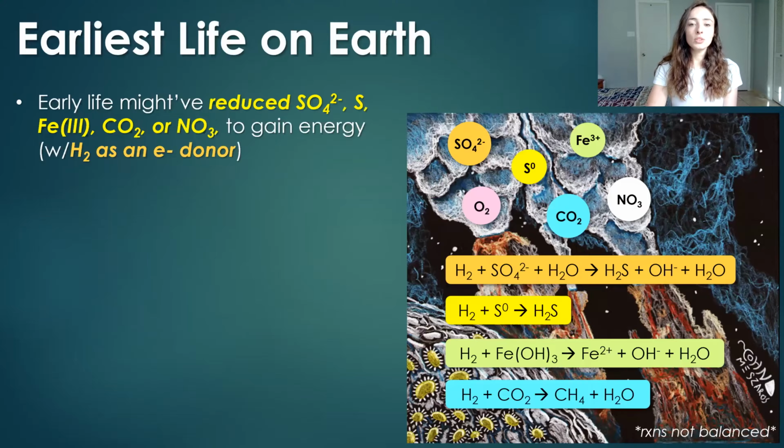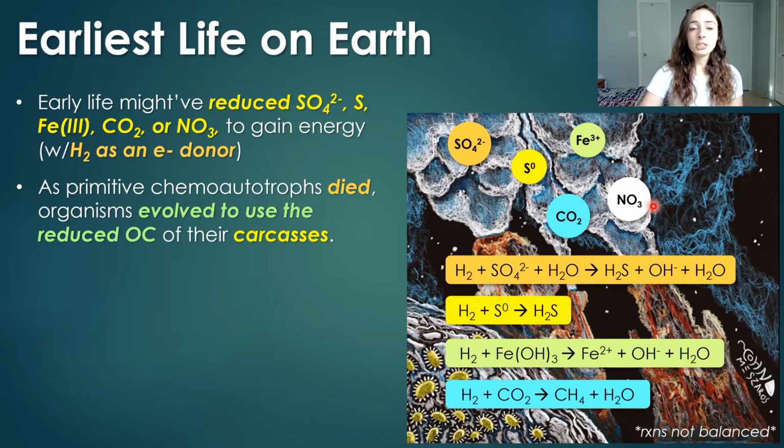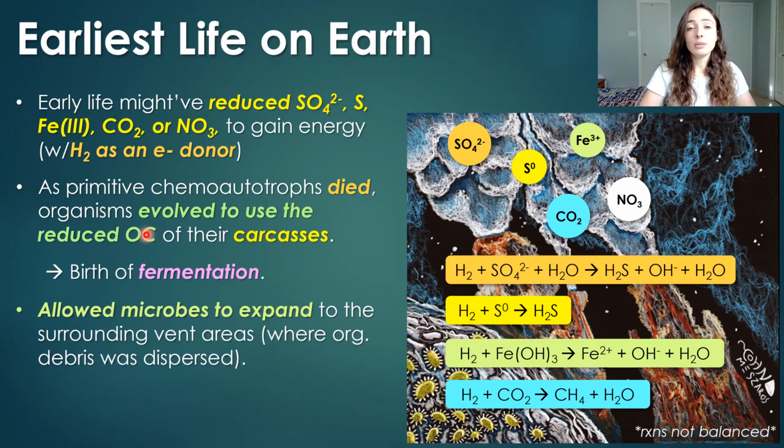So what were these chemicals? Well, early life probably reduced chemicals such as either sulfate, elemental sulfur, oxidized iron, carbon dioxide, or nitrate. And as primitive chemoautotrophs died, like those that reduced these compounds by using hydrogen as an electron donor, these guys would have provided organic carbon to chemoheterotrophs by their carcasses. And that was the birth of fermentation, which allowed microbes to expand to areas surrounding hydrothermal vents, assuming a hydrothermal vent life origin, which is a big assumption. So take this with a grain of salt, but assuming that they were able to expand to wherever the organic